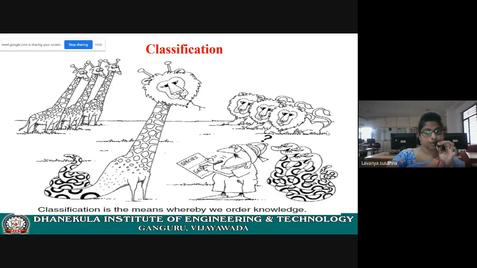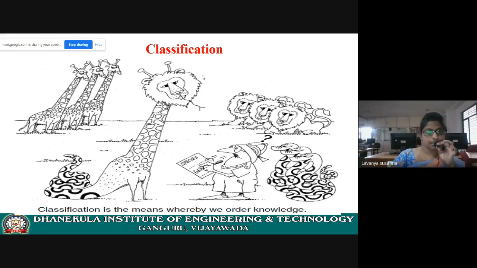All the lions are grouped. All the snakes are grouped. All the giraffes, all these are grouped. And this you cannot group, right? Just like this. Okay, I hope you understood. Classification is nothing but arranging the classes based on some property or based on commonality. It is called classification.